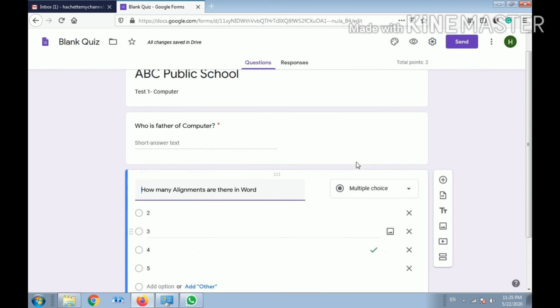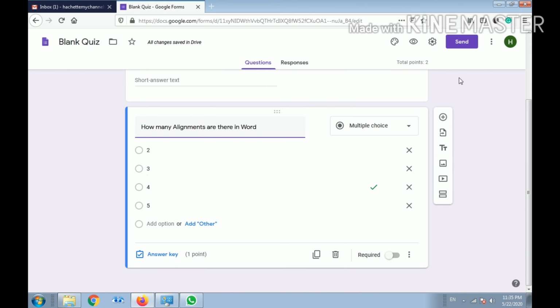So I have created only 2 questions, or you can create more than that also. When your question paper is created, you can add other things also, like we can add a picture, any image, and then ask the student to recognize the picture and choose the correct option. Same as you can add a video also, and ask the students to see that video and, based on that video, choose the correct answer. So I have created only 2 questions.